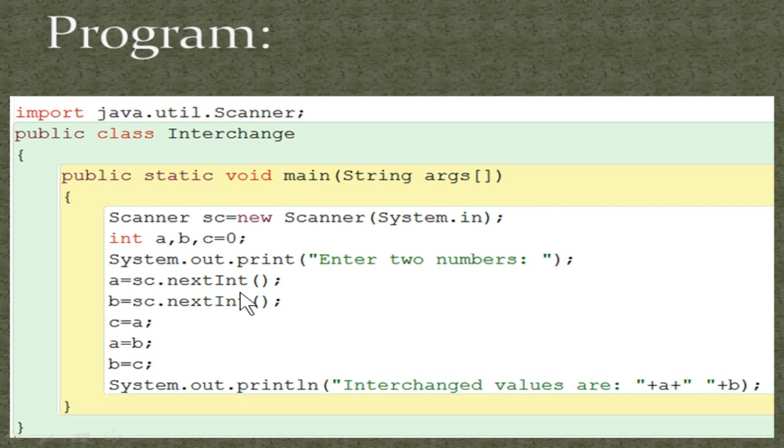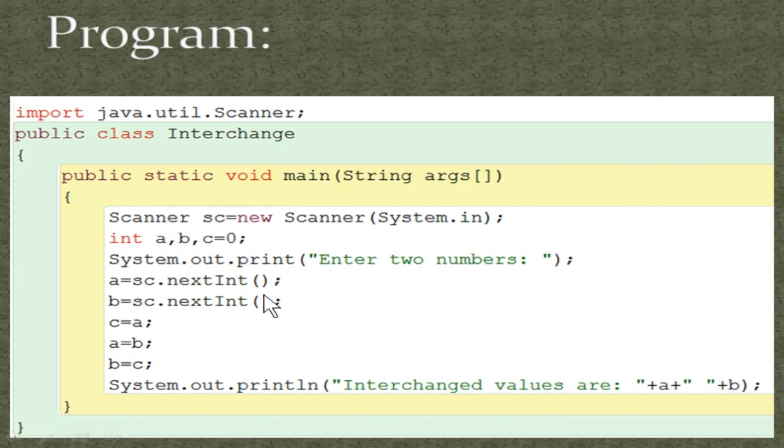Now you have two input statements. The first statement is a = se.nextInt(); with open and close brackets and a semicolon. This is an input method, that is, a Scanner class method, which will take the next token as input and check whether it is an integer. If it is an integer, it will take it as a token, and then it will be stored into the variable on the left hand side. So you have to use this Scanner object to do that. In the same way you can also input the next token from the user and store it into b.